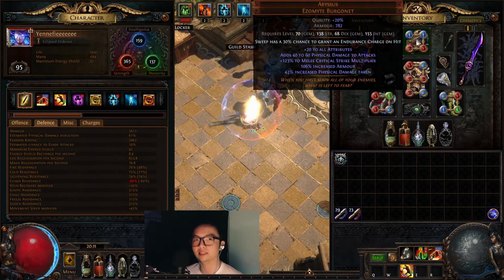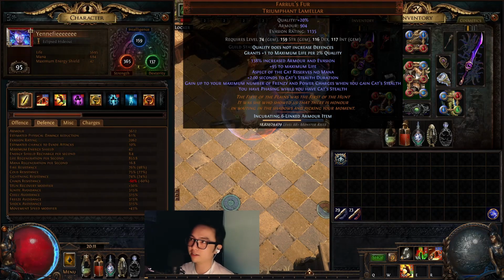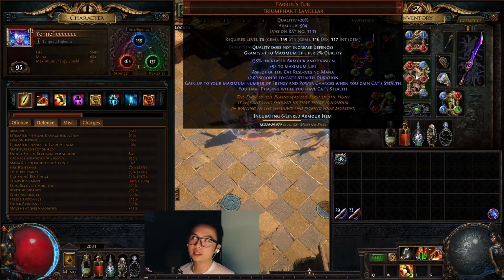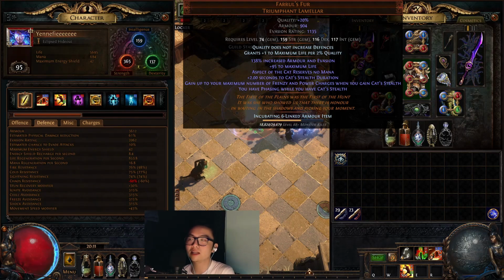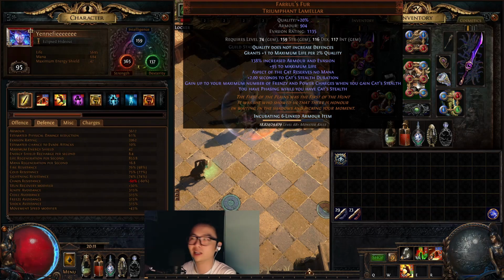So I'll take the damage. It's softcore anyway. And then I'm using Thoroughfares. It's just because I never used this unique before, and it gives some very nice bonus, which essentially gives you frenzy charge and power charge at all times. So that's really great. And I also get the enchant to get even a bit more life than that,